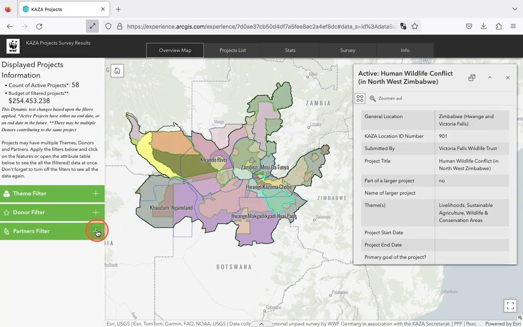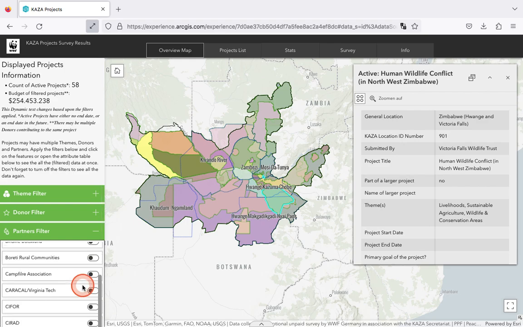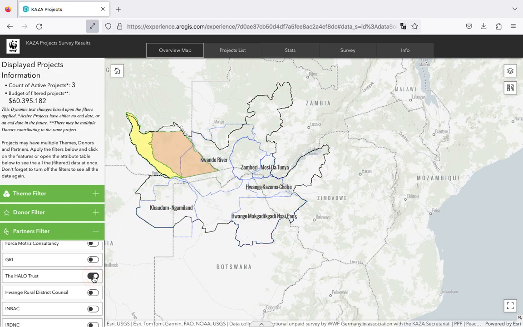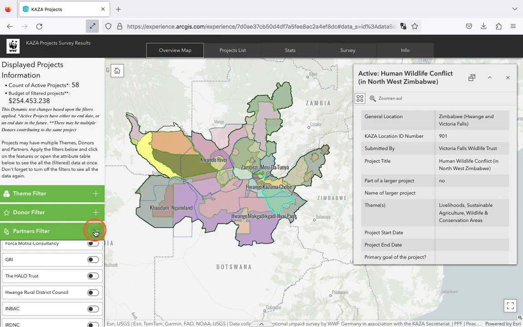Intrepid. Okay, so then also partners. You can click on the partners, scroll down, see who you want. The Halo Trust, see where they're working, and you can see here are 3 projects in Angola, or the Angolan section, and they're with the Halo Trust. So that's how the filters work. And if you turn them off, it shows you the whole